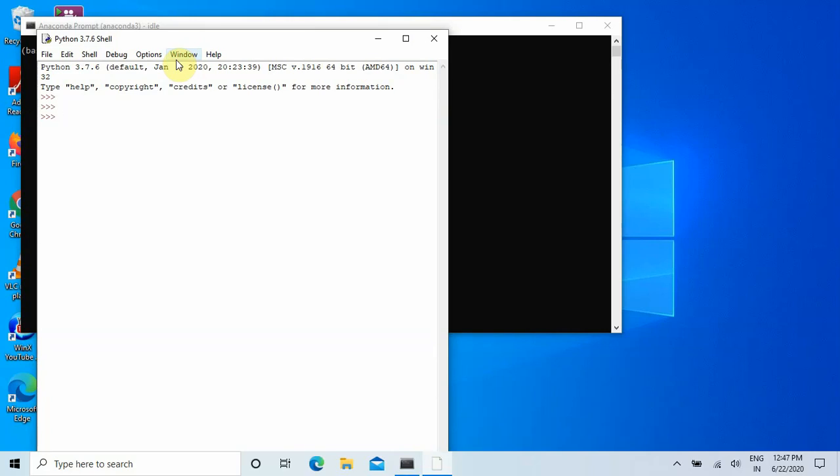The Python shell actually runs the program line by line. So you can see here that if you press enter, it will form a new line. These triple arrows show that it is the new line, and you have to enter a single line of code. Now let me write the first statement, print hello world.